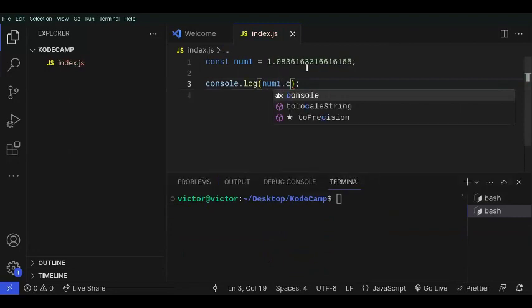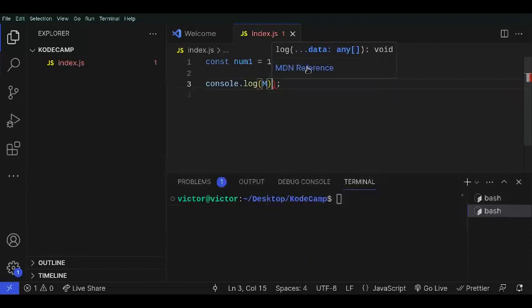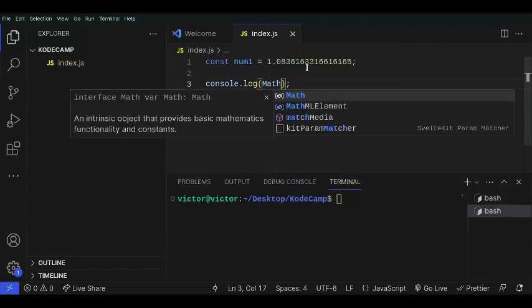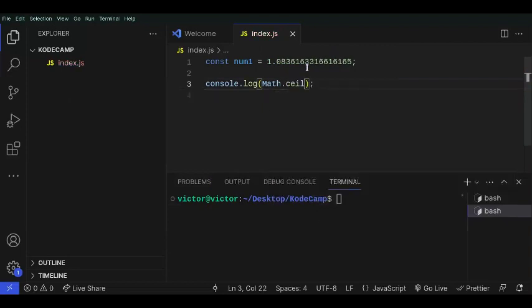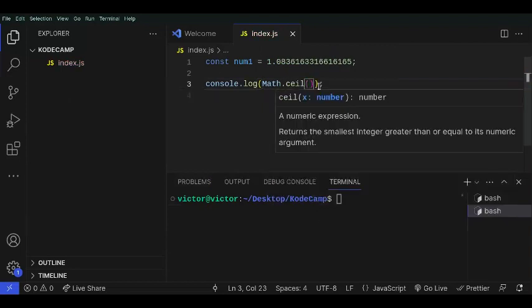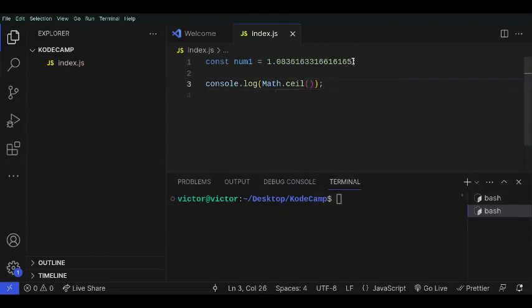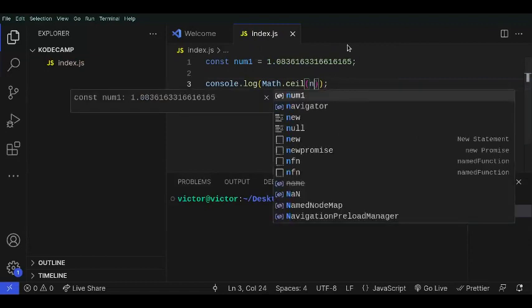I would say math.ceil. So I want to round it to the ceiling, right? It returns the smallest integer, but don't worry about that. So let's pass in num1,